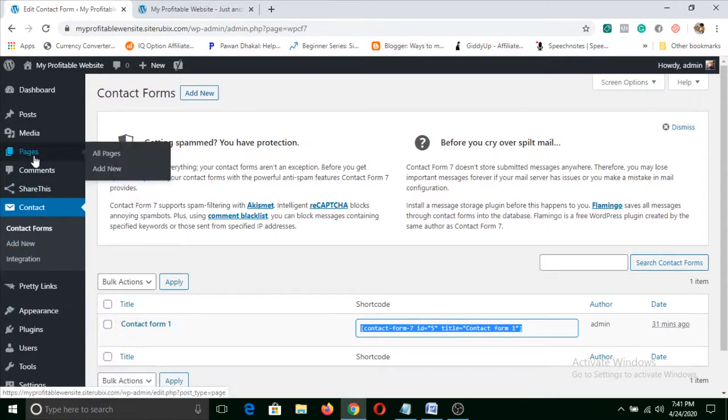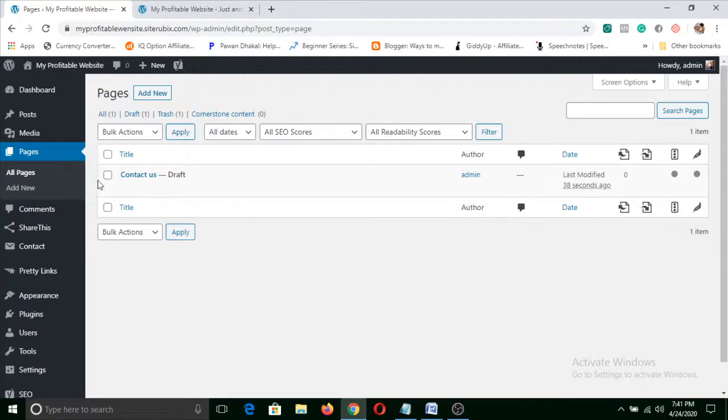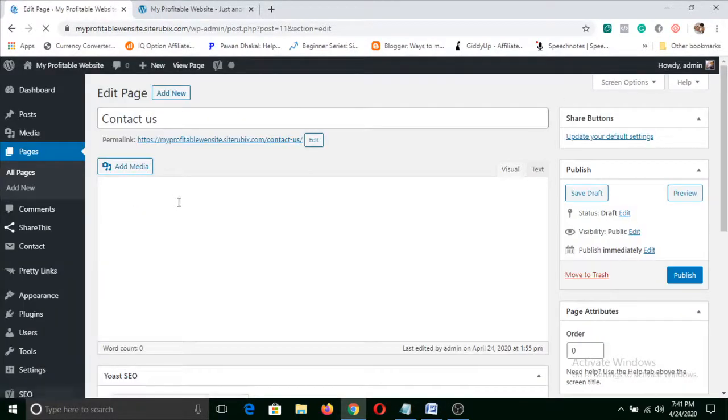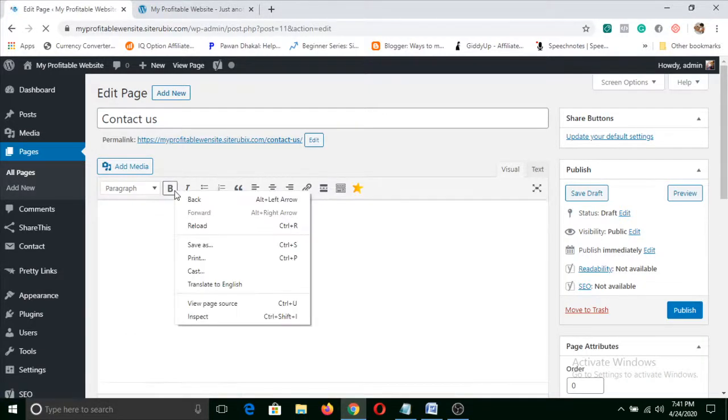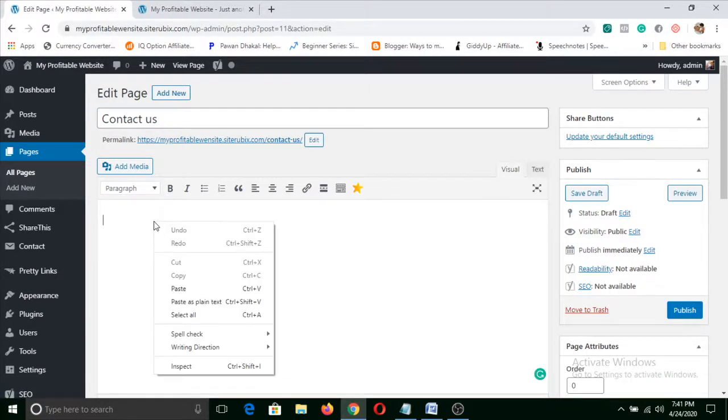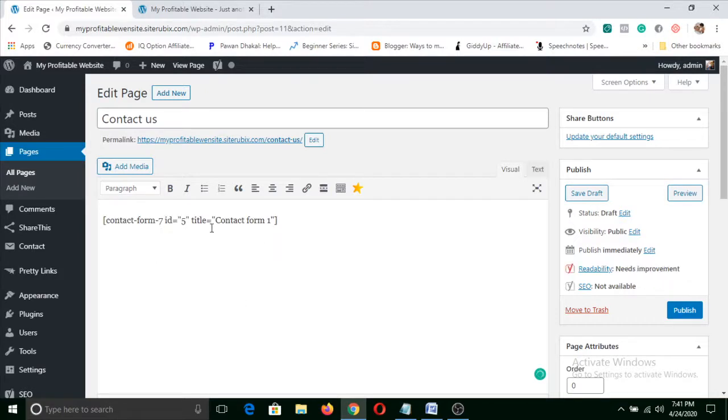Now again you need to go to pages and you can click on edit, and now you can paste this code here and click on publish.